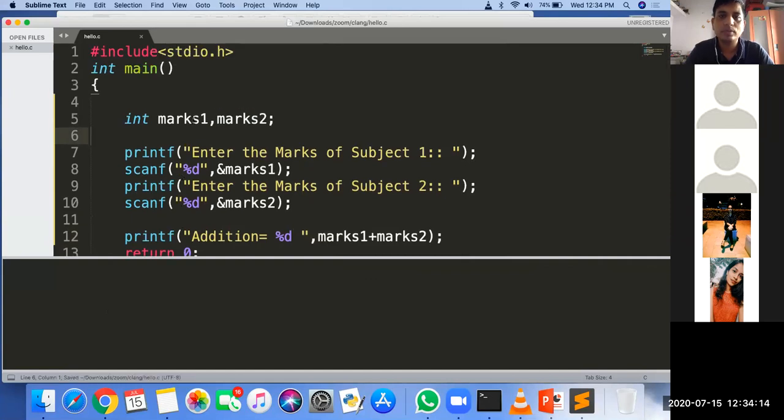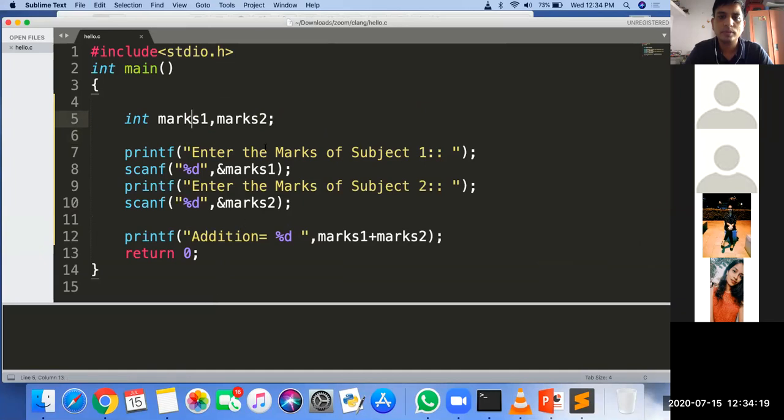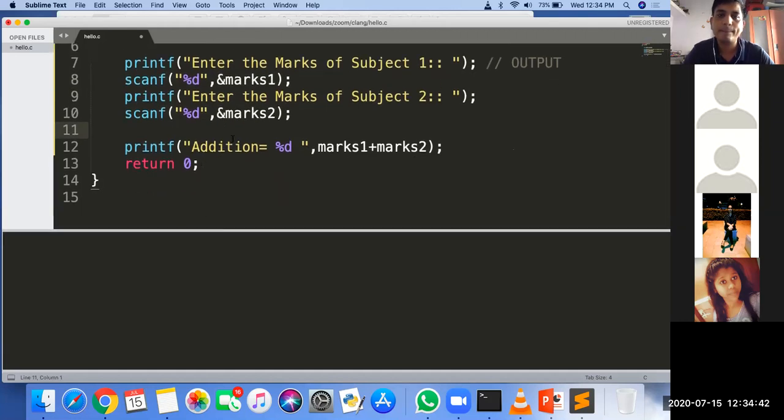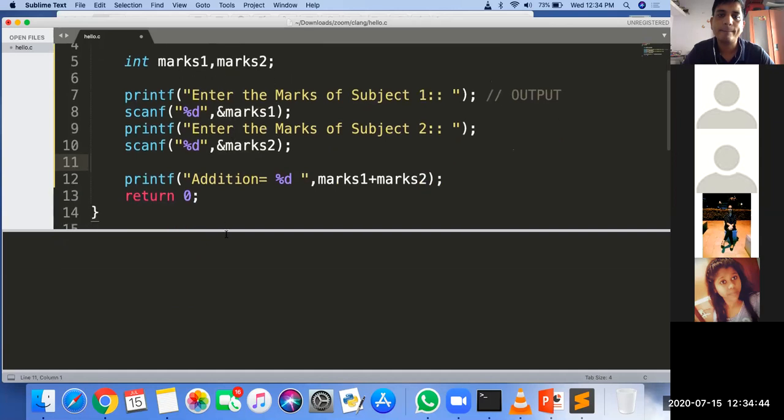Okay. Sir, without using scanf, in printf only, we can store the value, no, sir? No, printf is for the output purpose. If you want to display anything on your console, the printf is there. But what is scanf? If you want to take the user input, then we are using scanf. Scanf means scan from the console. Like we are using scanf now because we will be entering the data and then we'll be getting the output.